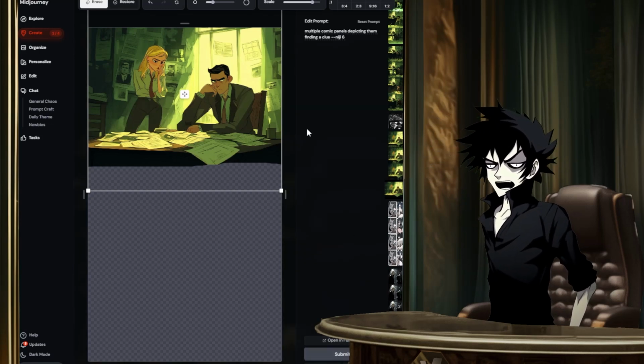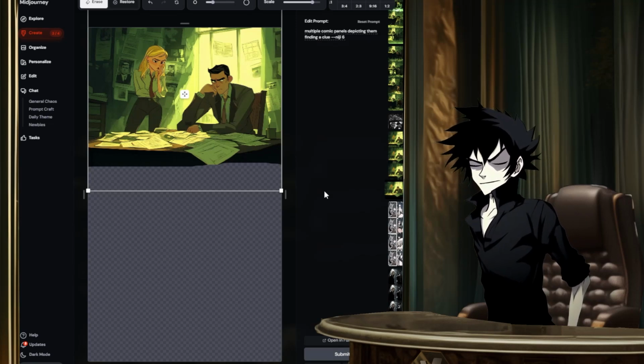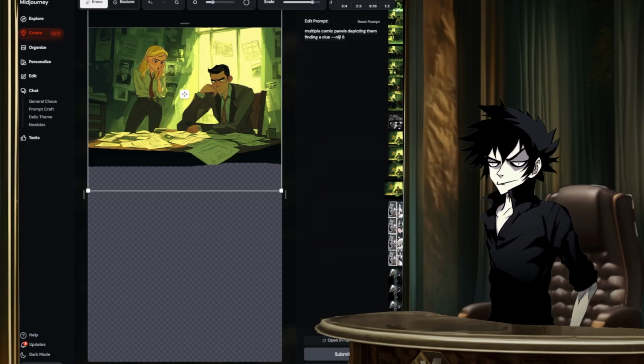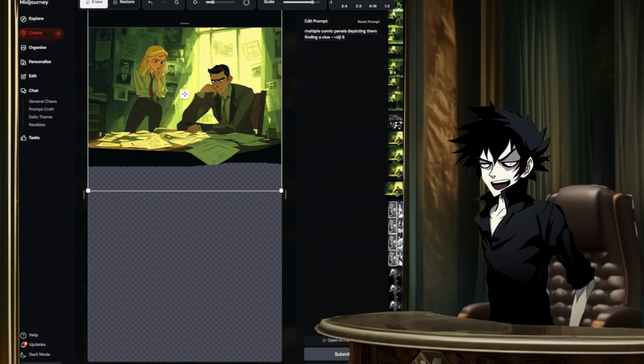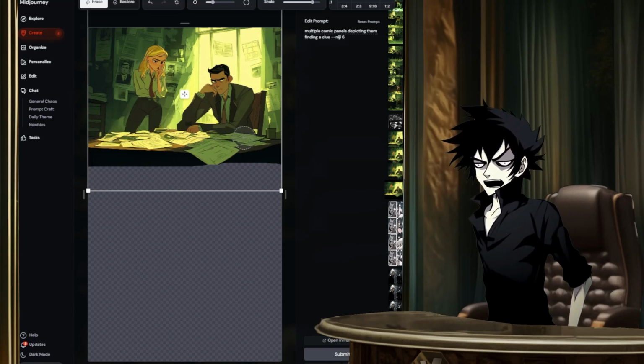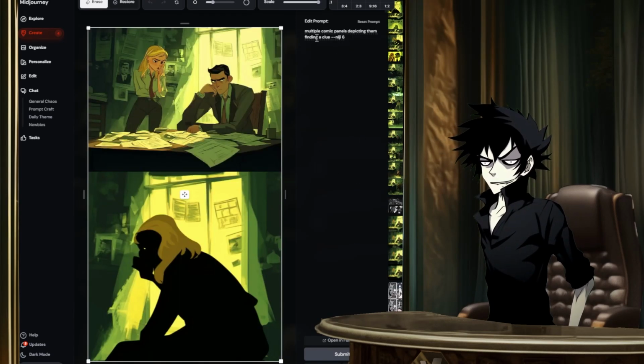You have also the option of taking your original image and using that as a character reference now for the additional future panels. The problem with that is how derivative it is. It tends to make the same sort of composition multiple times over, at least a similar one. But now, if we look at what I just wrote with only multiple comic panels depicting them finding a clue,